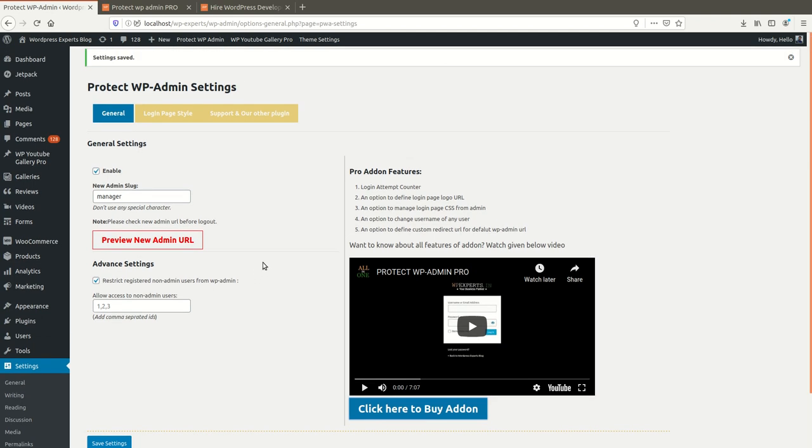I hope all the settings are clear to you, and that you will enjoy our plugin to give extra protection to your WordPress site. In this plugin we have used only WordPress hooks, meaning we used WordPress hooks to override the functionality of the WordPress admin. So there is no extra code and no hidden cost script. It is a very lightweight plugin, so you can use it to give extra protection to your WordPress website.